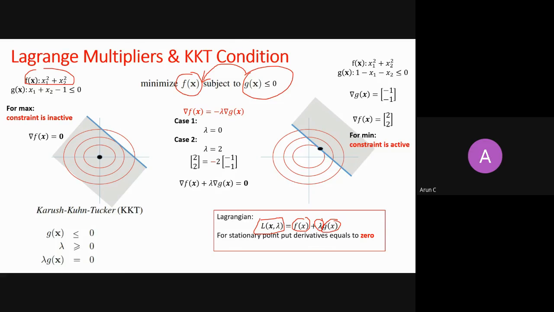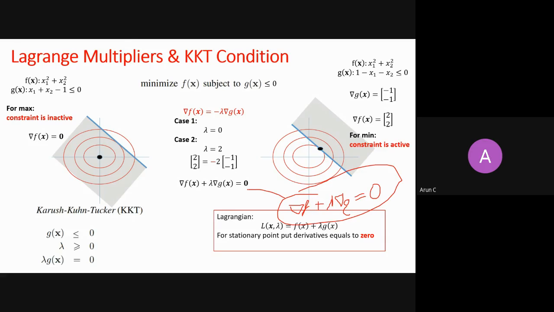So let's take a derivative of this Lagrangian with respect to x, and then a derivative of this Lagrangian with respect to lambda. First, the derivative with respect to x. If you take the derivative of the Lagrangian with respect to x, what will you get? You will get the derivative of f(x) plus lambda times the derivative of g(x), and because you want to find the critical point, you put it equal to 0. The moment you put it equal to 0, what is this condition? This is the same condition which we have just discussed. So the Lagrangian automatically imposes this condition here, right?